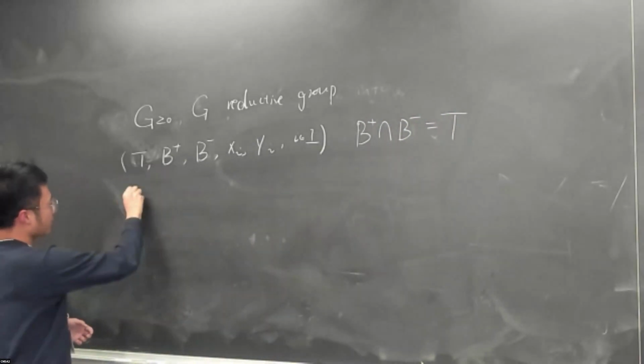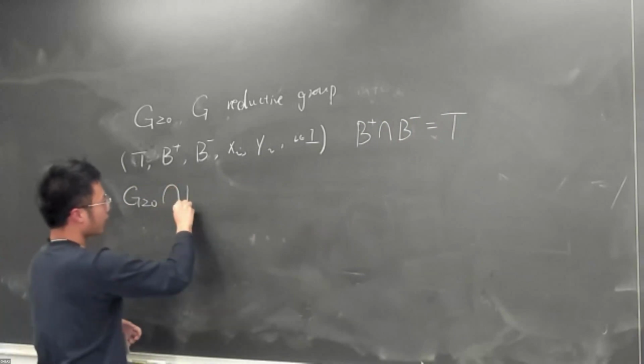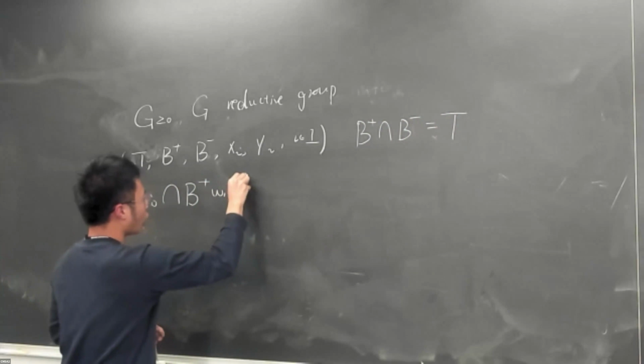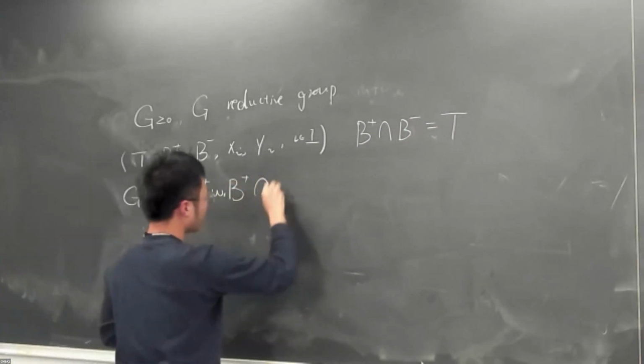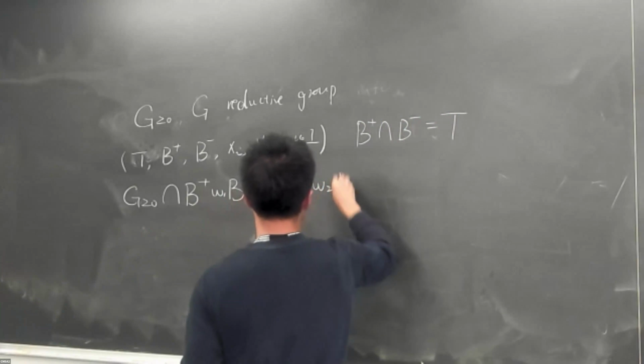So it is a theorem, I think due to Lusztig, that if you look at the intersection of the totally non-negative part with the so-called double Bruhat cell,